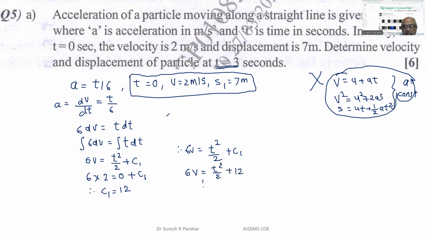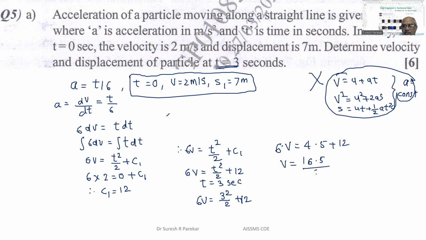And now put T is equal to 3 seconds. Then we get 6V equal to 3 square upon 2 plus 12. And from this we get 6V equal to 9 by 2, that is 4.5, plus 12. And then from this we will get V equal to